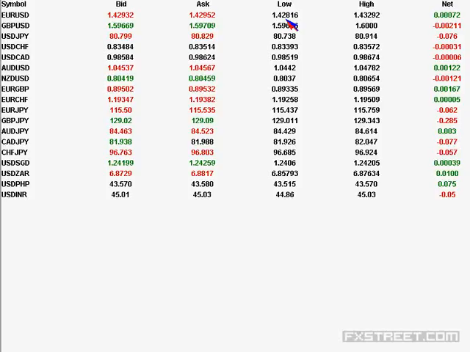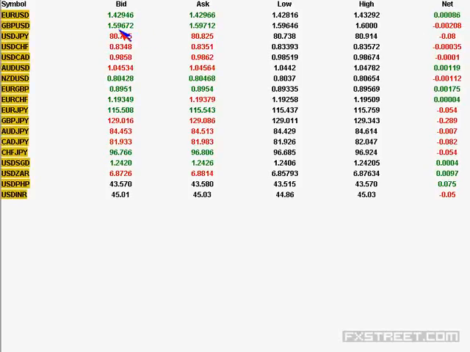Euro is currently trading around 1.4293, 1.4295. Low is 1.4281, the high is 1.4329, and you come across 7 pips positive net change. In the case of GBP, it is hovering around 1.5967, 1.5971, 1.5964 is the low, 1.6000 is the high, 21 pips negative net change is seen. So there is a contrarian move. Euro is showing positive net change, GBP is showing negative net change, mainly to gain some levels as an upward